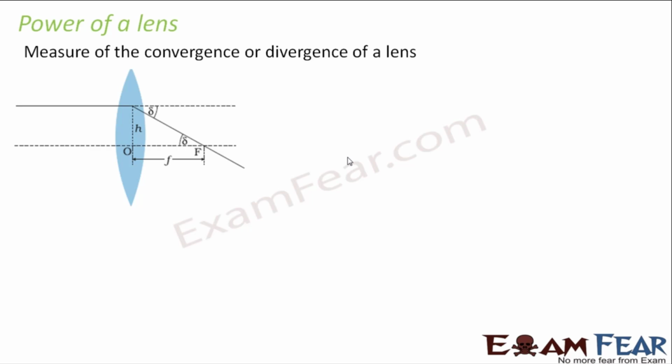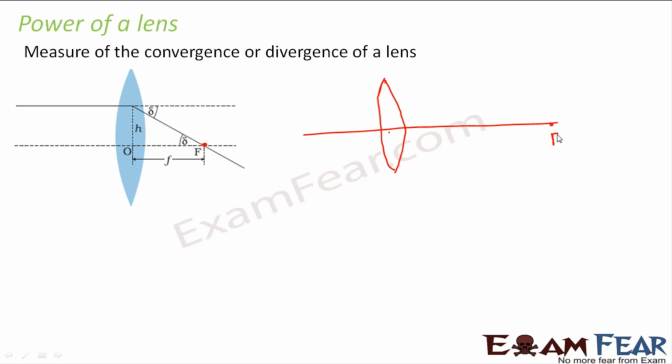So what is the power? It tells us the ability of the lens, to what extent it can converge or diverge an incident beam of light. This power of a lens depends on the focal length of the lens. We will prove how it depends on the focal length. Let us suppose we have this lens where you can see the second principal focus lies here. That means OF is the focal length for this lens. Now let us suppose I take a similar lens with a greater focal length.